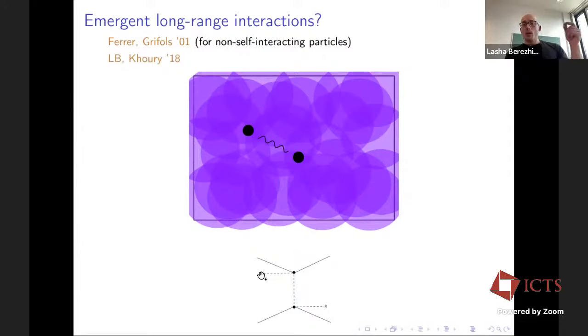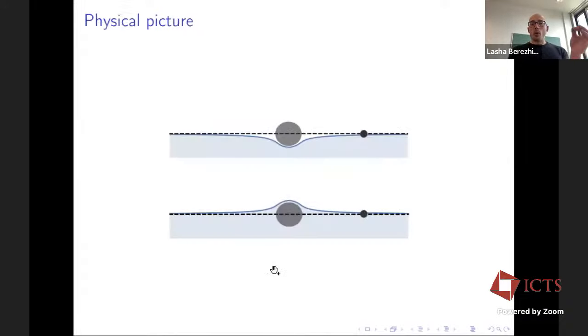So what happens is that these baryons can borrow a particle from the condensate, send it to another one, and the other one will deposit it back to the condensate. And because these condensate particles are everywhere to begin with, nothing has changed regardless of who borrowed and who returned. Now, a more physical picture is that in this theory, despite the fact that you have collisional interactions, if you introduce a baryon, it creates a certain underdensity or overdensity, depending on whether the interaction is attractive or repulsive, in the dark matter distribution.